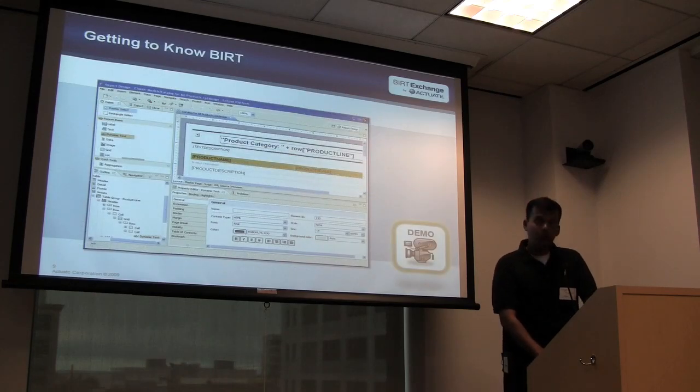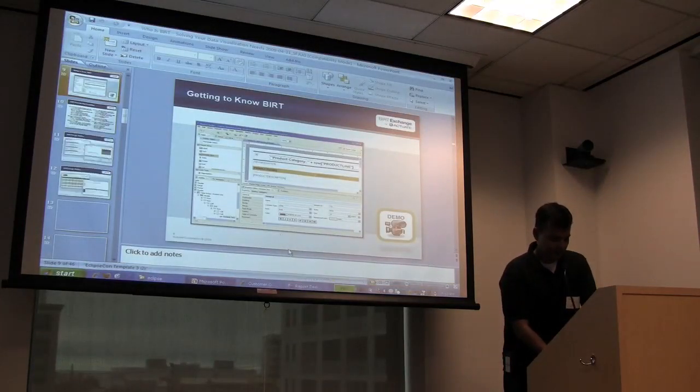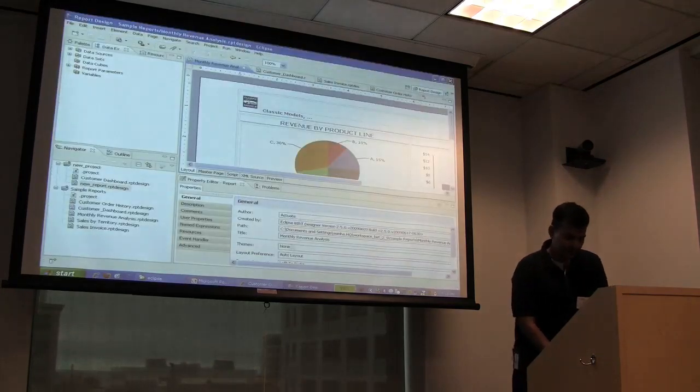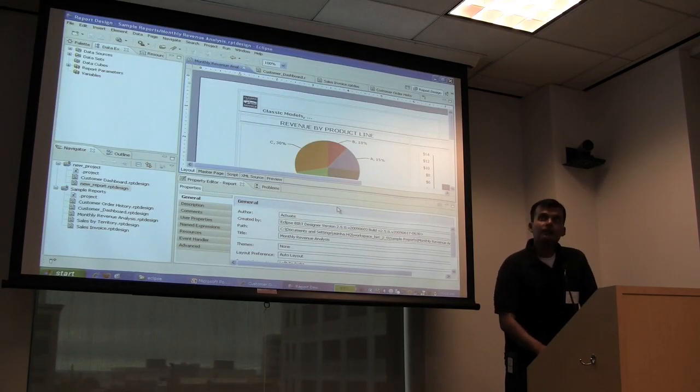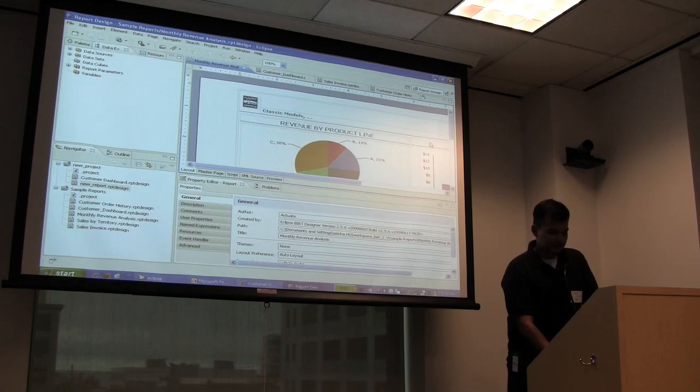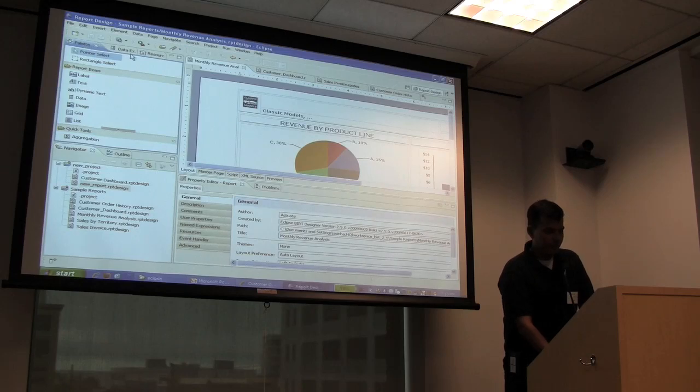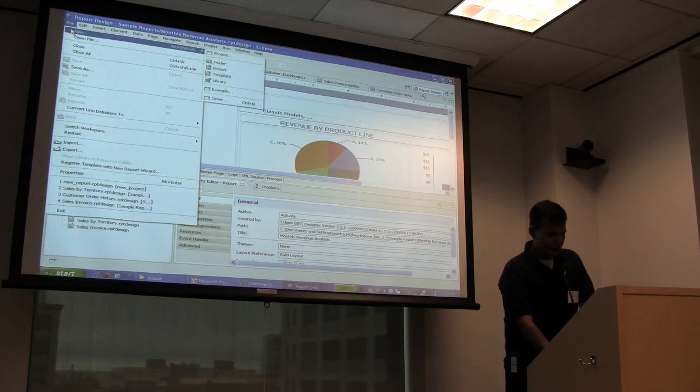Now let me go over a quick demo of the product. If you have any questions, feel free to just stop me anytime. Now this is the report designer of BIRT. You see that there are various panels out here, you have the palette view, you have the data explorer view, you have the resource view. What I'll do is I'll start creating a blank report that will give you a good idea of how to go about the tool. To create a new report, you simply